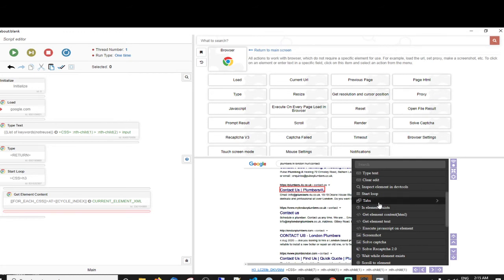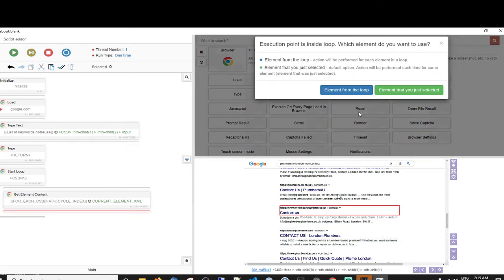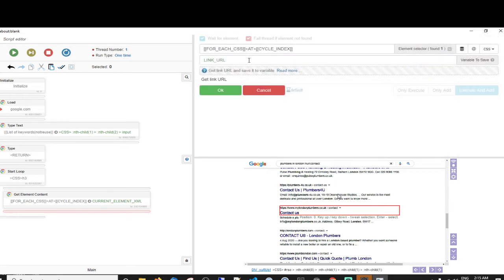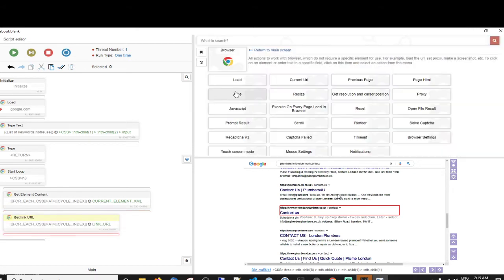So just click on one of them at random and then get link URL within the loop and call it link URL. That makes sense. Don't fail if you can't find one. 5 seconds is enough for you to do your business.